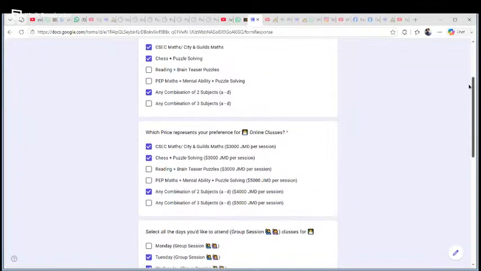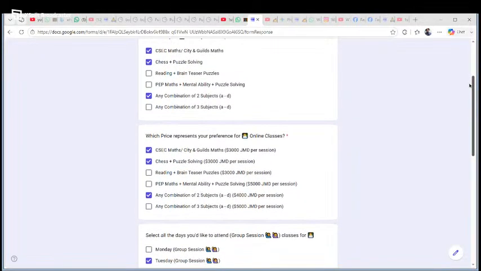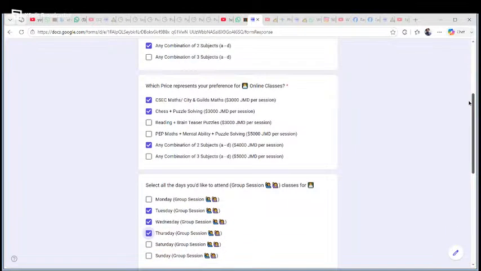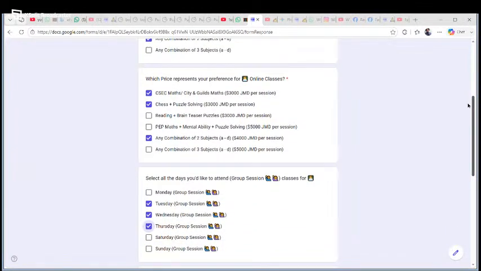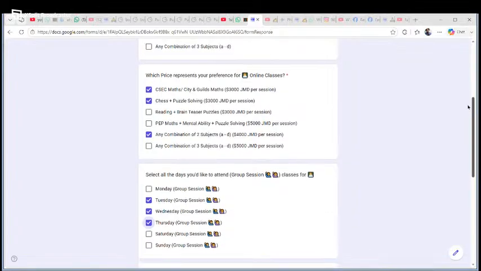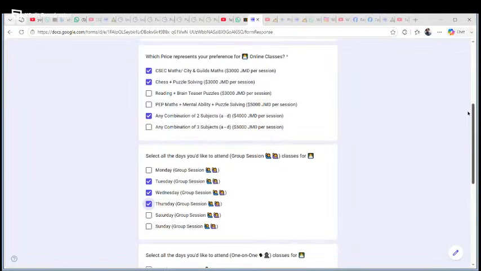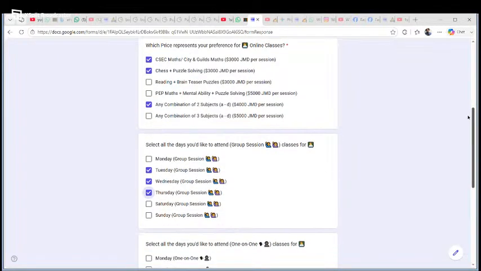We selected any 2, so we're working with $4,000 instead of 6, right? So 4 instead of 6, 5 instead of 9, right? So at the rate of 4,000 per session, if you multiply that by 3 days, that's 12 for the week. And of course, if you multiply that by 4, that's 48 for the month. There you go.